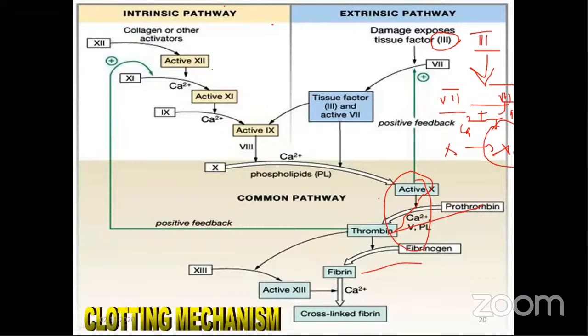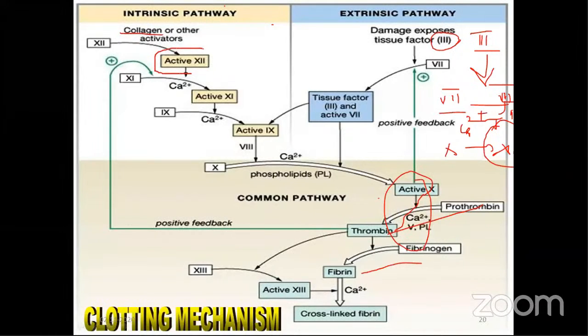Now let's look at all the rest of the clotting factors other than 3 and 7. They are involved in the intrinsic pathway. Again, very easy to remember: you go in the reverse order. Factor number 12: whenever there is blood vessel damage, the collagen is damaged. The collagen layer, the connective tissue layer of the blood vessel, is exposed, and all these factors are present in an inactive condition in the blood. It activates factor number 12.